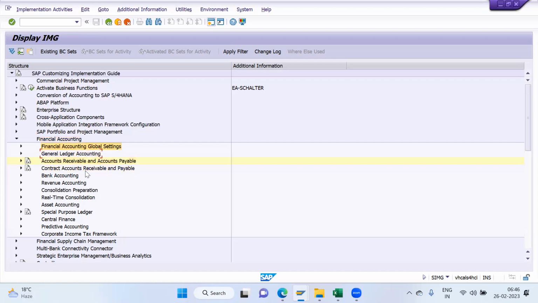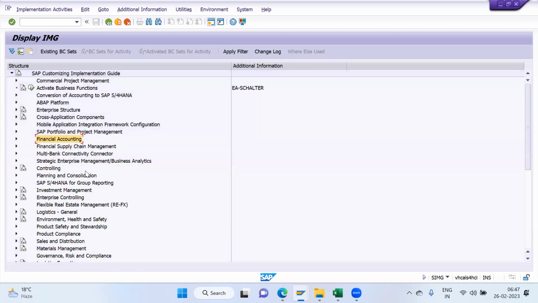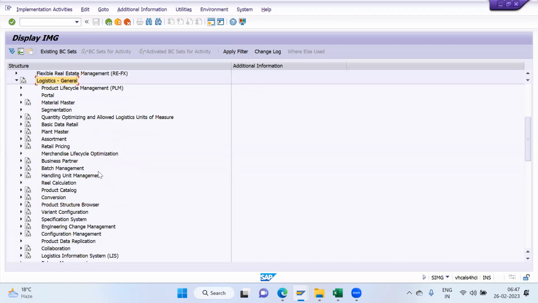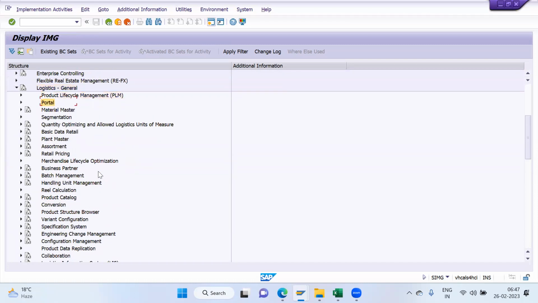Okay, this is the financial accounting. Yesterday we created a global account requirement as well as a customer account, and then we go for controlling last because a lot of settings are required. Then go for logistics general. Next, as I did in enterprise structure, the same sequence I am going to follow here for configuration also. First, most important, logistics general,